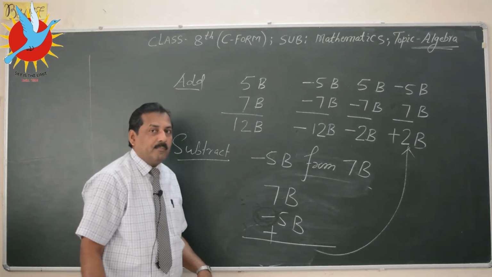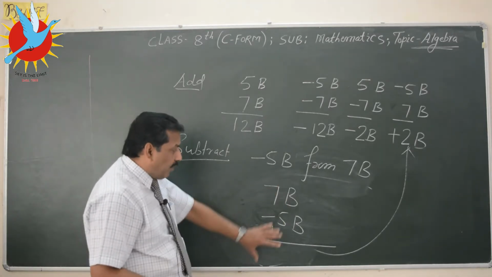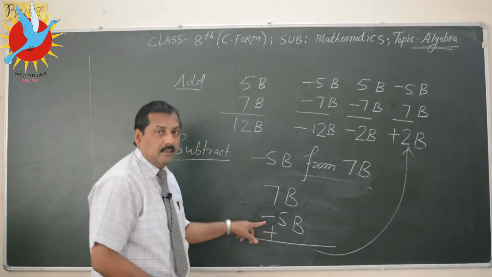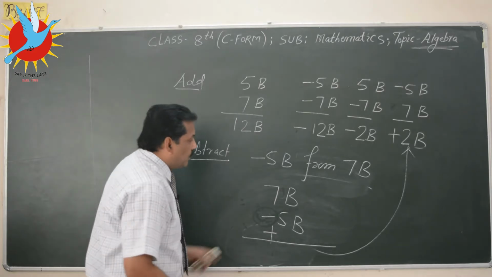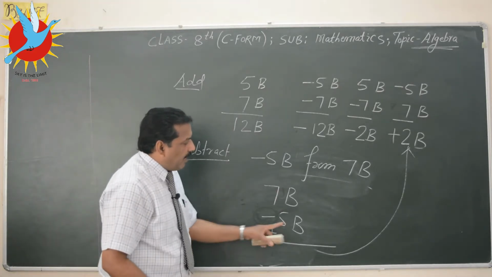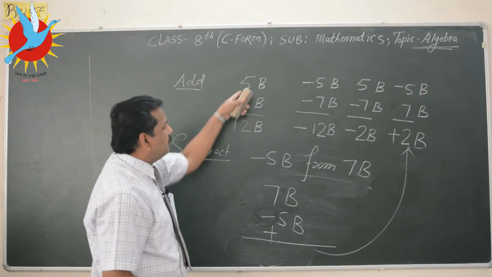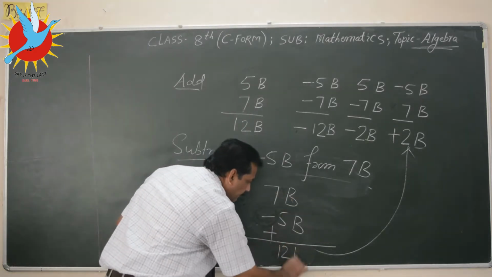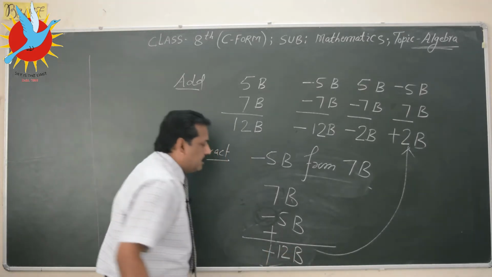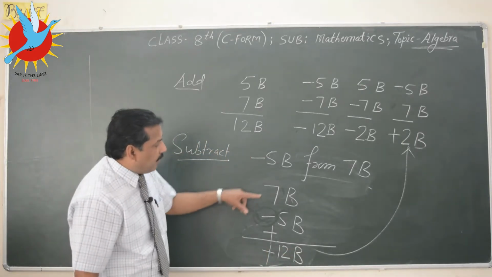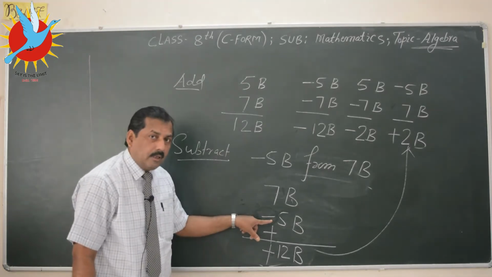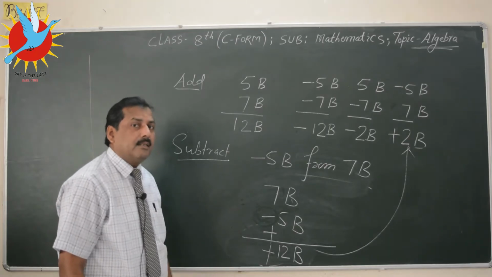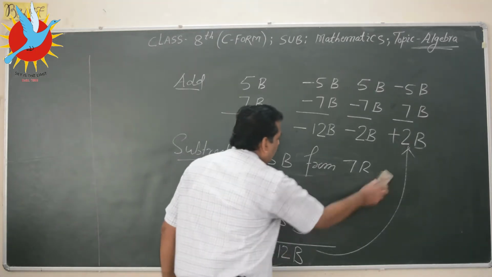Now just like addition, we have to add these two numbers. The question is of subtraction, but after changing the sign, we have to do it like addition. So 7b positive, 5b positive, both are positive. So 7 and 5, that is 12, and b, and the sign is plus. See, subtraction of a negative term has resulted in a positive. So you will be getting an interesting result of subtraction. So one more example.